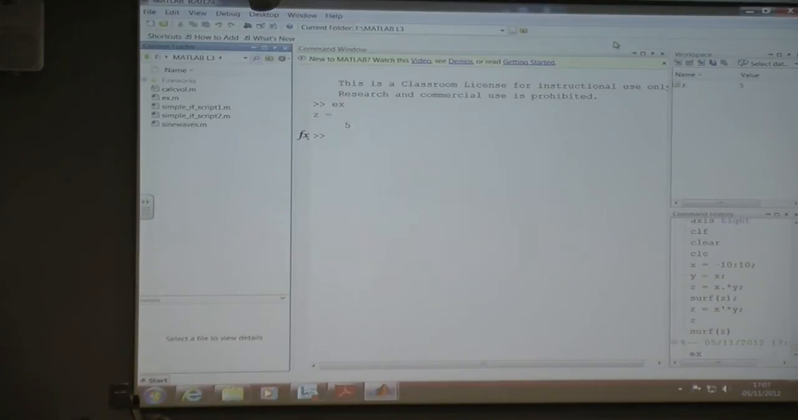Okay, so it's run, and you can see it's run a command called X, which is the name of my file here, and it's given me my output Z equals 5. Okay, that's a basic example. Now what I've got here